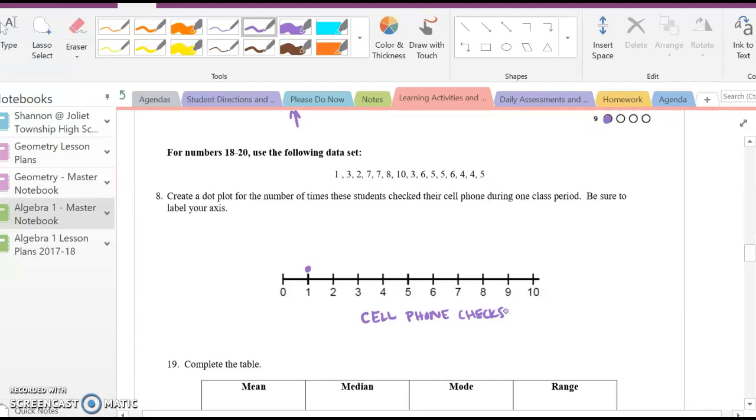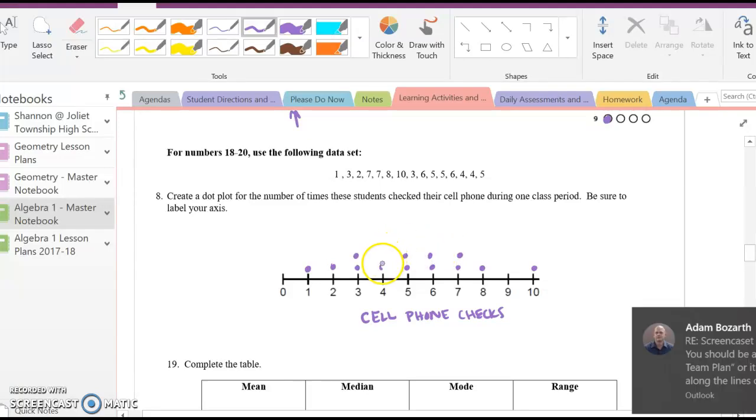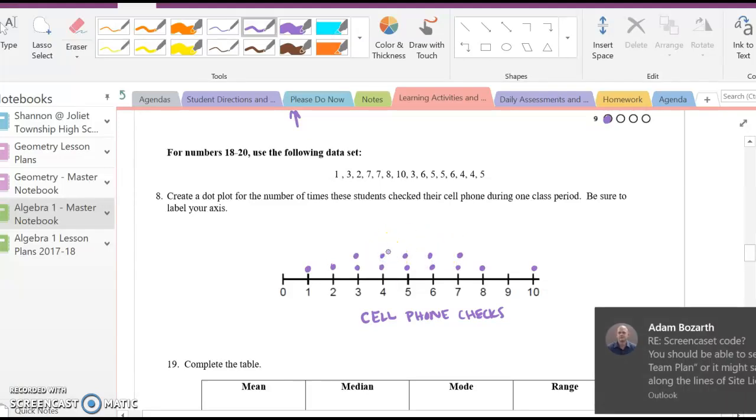So then for this one, 3, 2, 7, 7, 8, 10, 3, 6, 5, 5, 6, 4, 4, sorry about that,